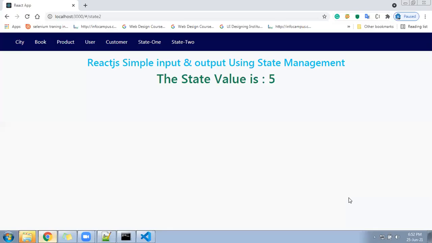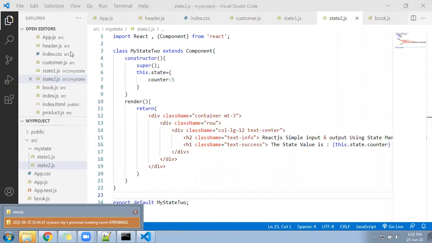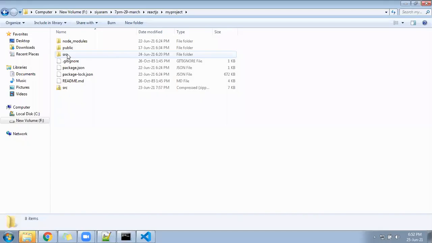We can do some modification. If you are facing the error, I will send you this file, state1 and state2. Delete your state1 and state2 file, replace with these two.